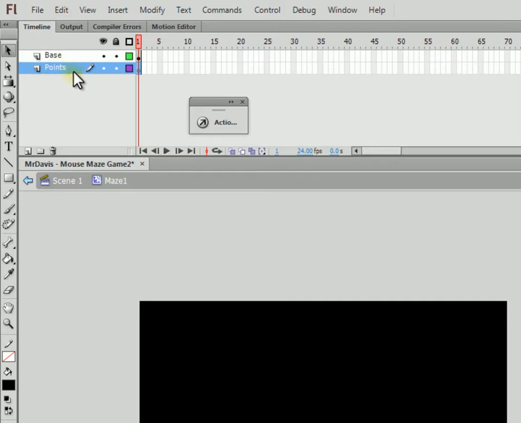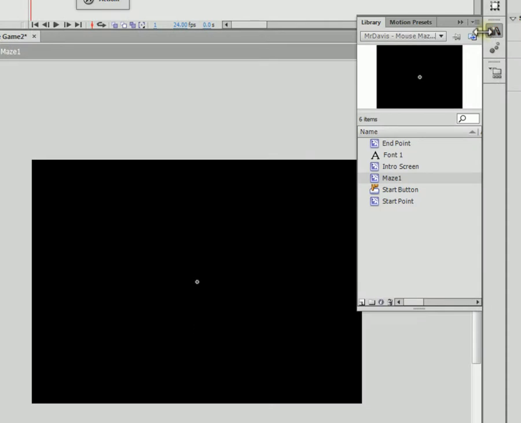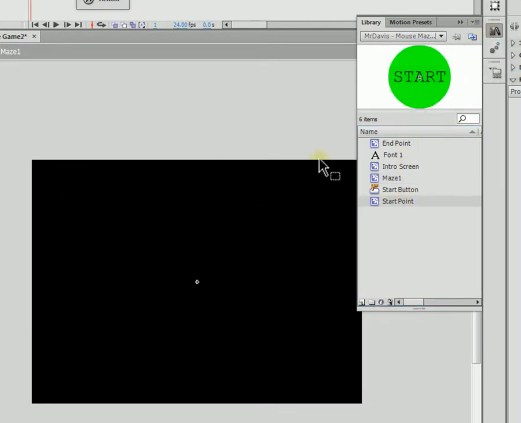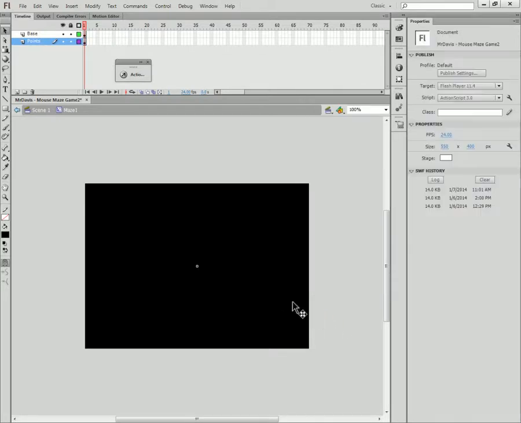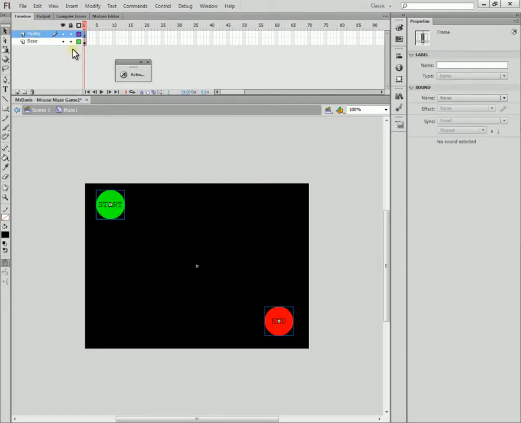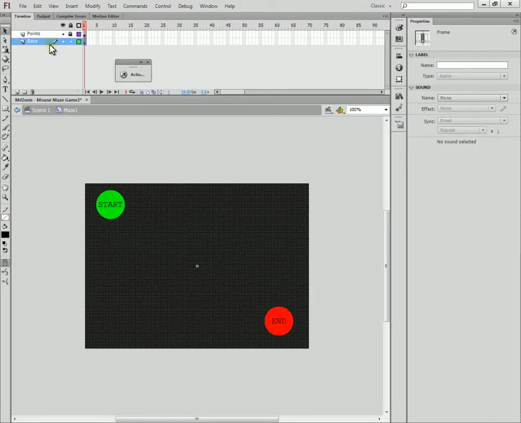On our points layer is where we want to drag start point and end point. So we're going to go into our library, excuse me. We're going to drag start point, which you won't be able to see because it's underneath. Then we're going to drag an end point. Okay, and you can move these around, it really doesn't matter, but just know that underneath your start point and your end point you need to have blank space. Okay, so if you want to do this for now, that's fine, but lock your points layer, click on base,